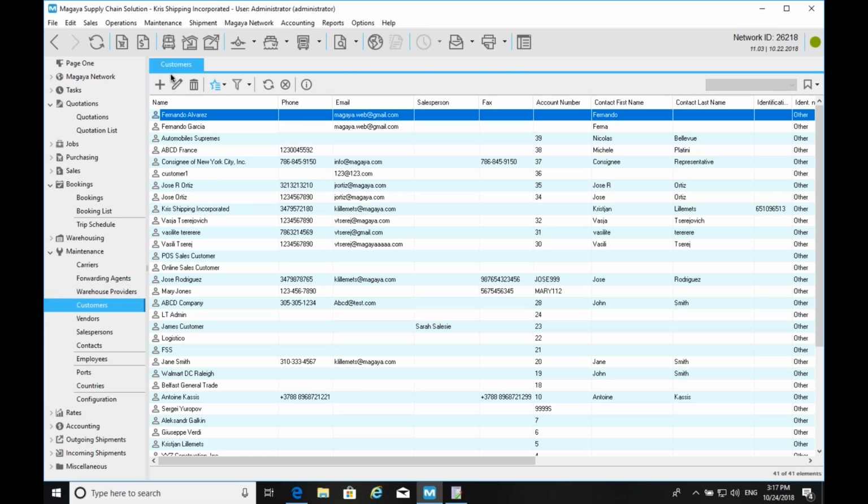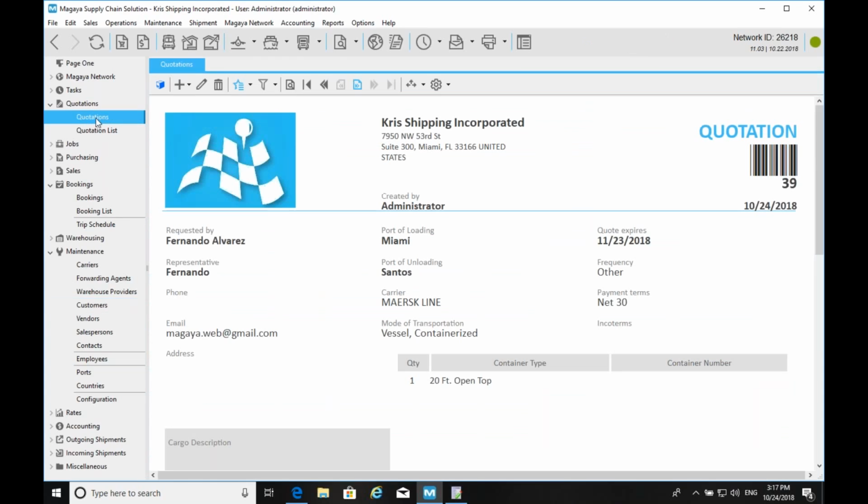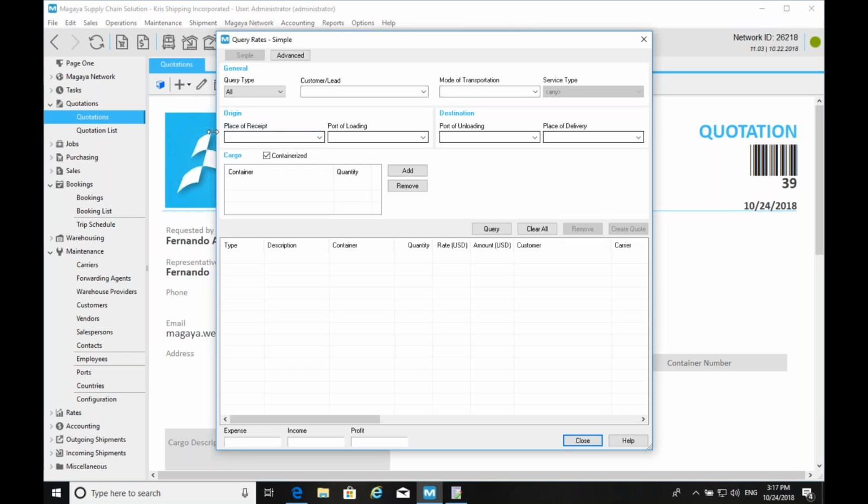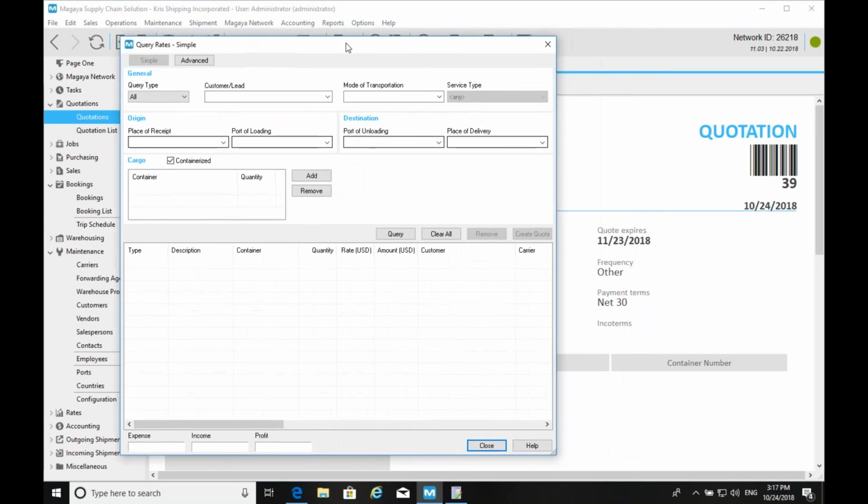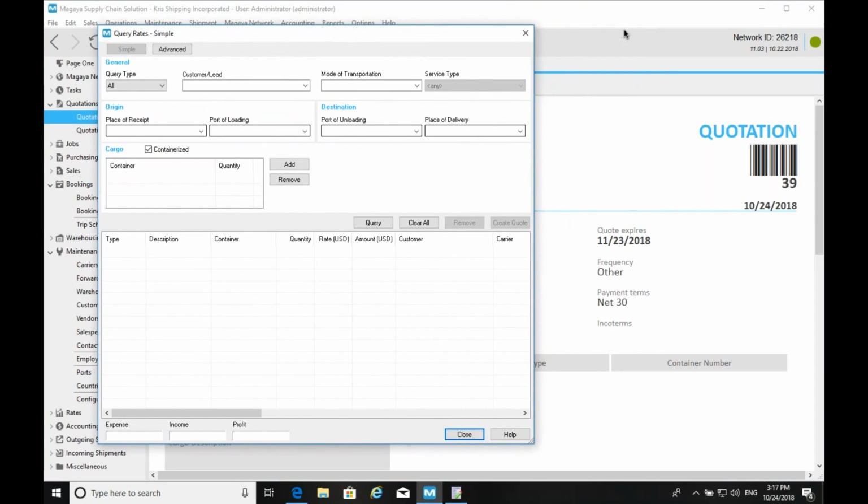So let me get right into it and start with a simple quote. Okay, so you see a third option now in the quotations add button, which is add the quotation from a rate query. So this opens the new query rates window, and let me go through just a very quick example.